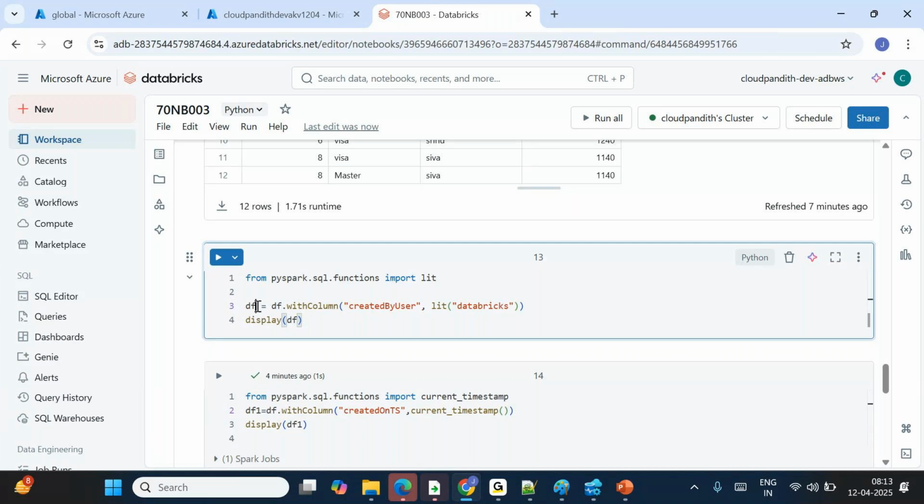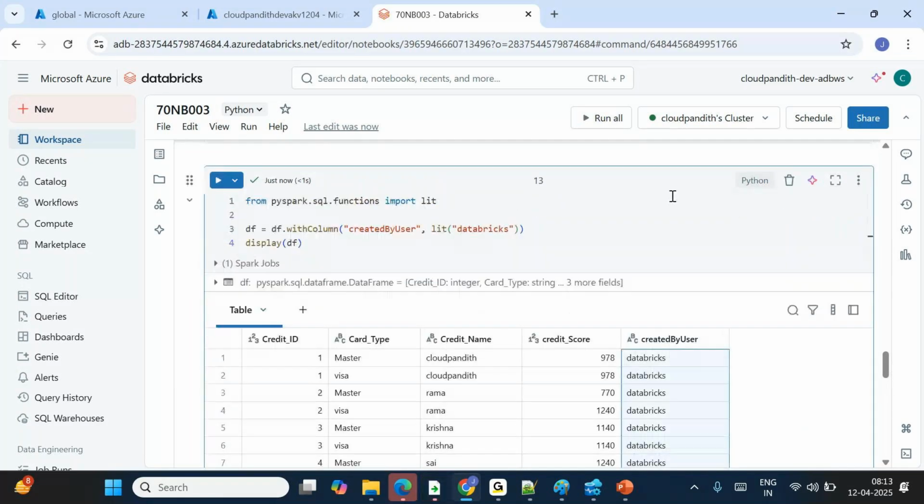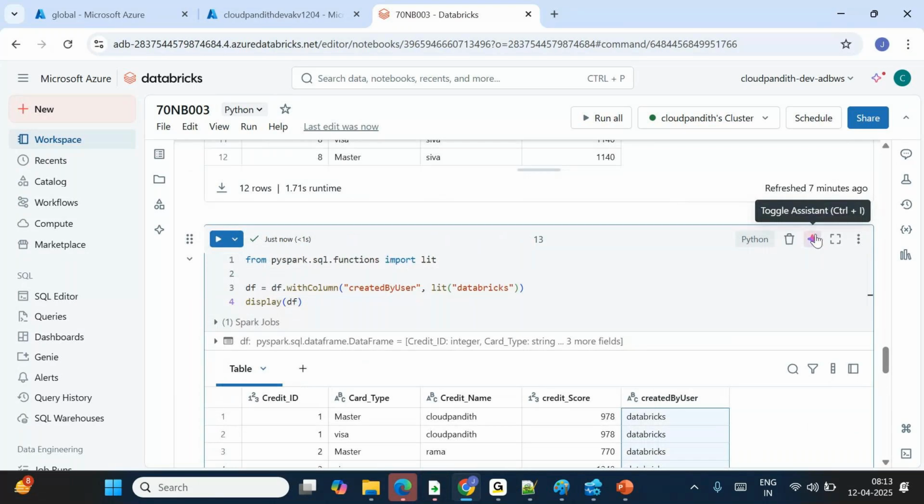So that's how you can also get things. The function that is required is also imported. And if you just execute it, on top of the data frame, the created by user column with Databricks is added. You can simply use AI assistance for identifying this, but in some projects,